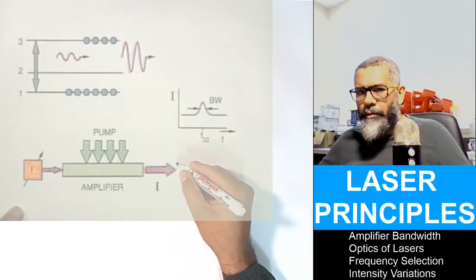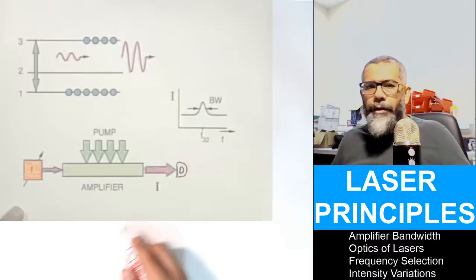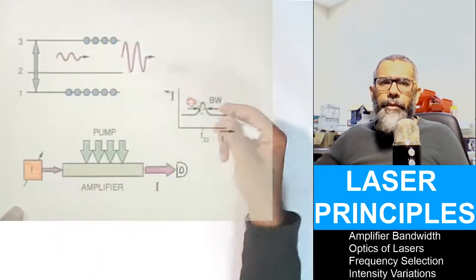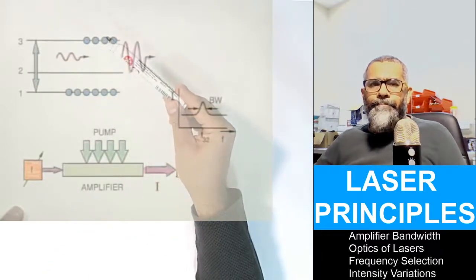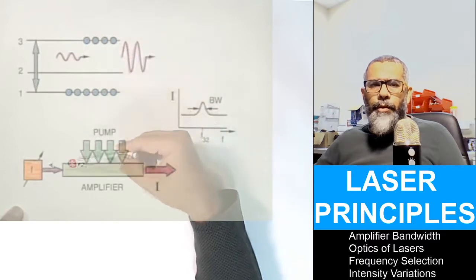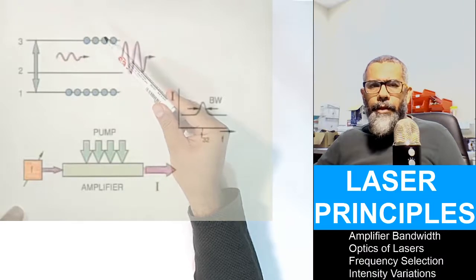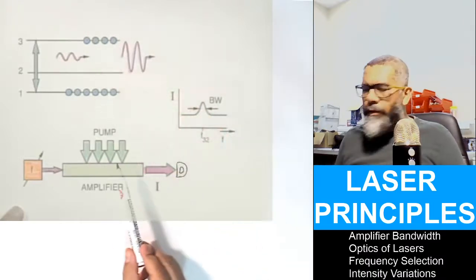You send light in such a way that your light frequency just matches the energy difference between 3 and 2, and moreover